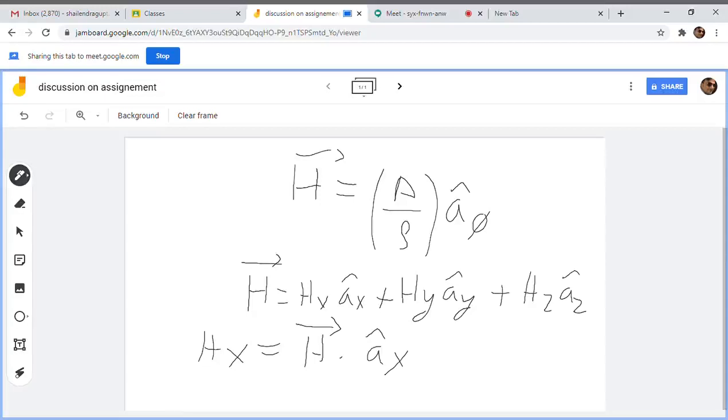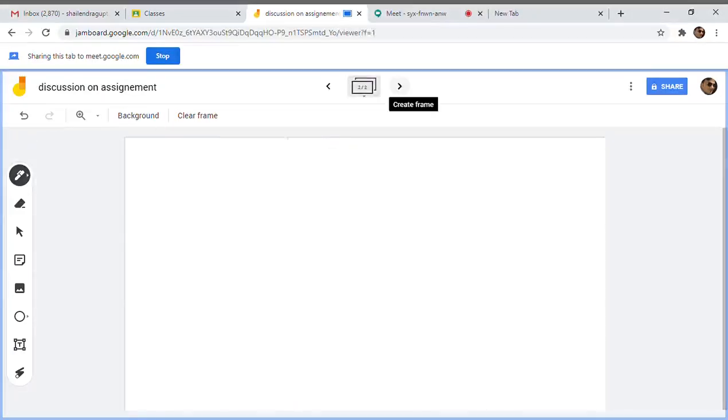Now this vector could be written as A by rho a phi dot ax. And you know what a phi dot ax is. If you don't know, then I should remind you. We have one conversion matrix. You have to learn this. Mind you, you need to mug up this matrix. It is very important to remember this matrix. a rho,